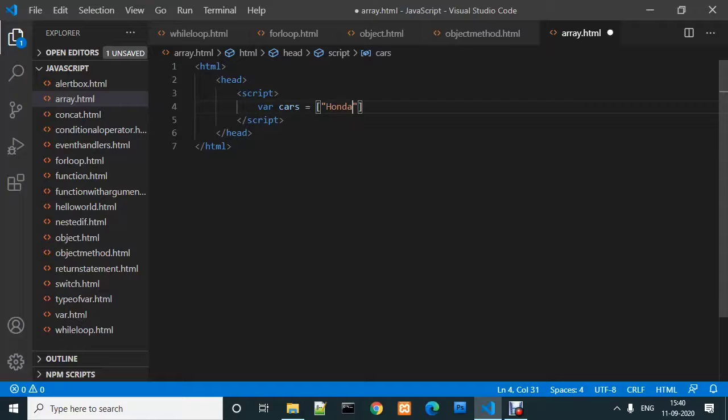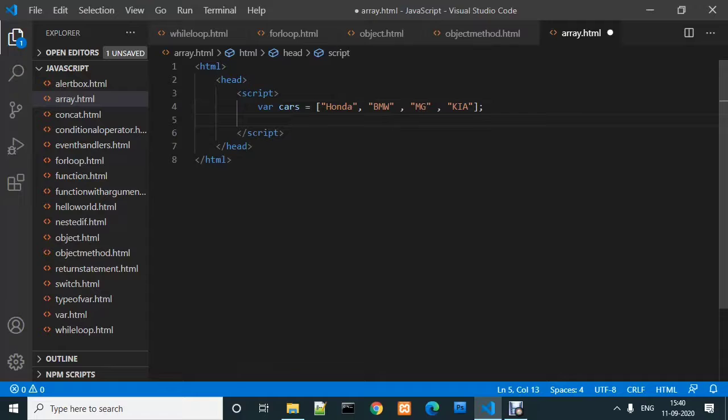Our cars array has 4 values: Honda, BMW, MG and Kia. And all the values are separated by commas.